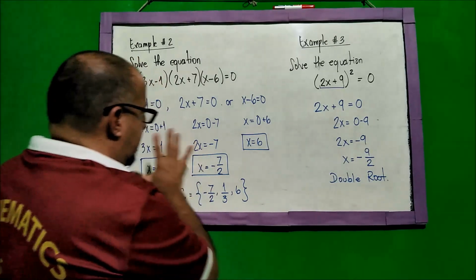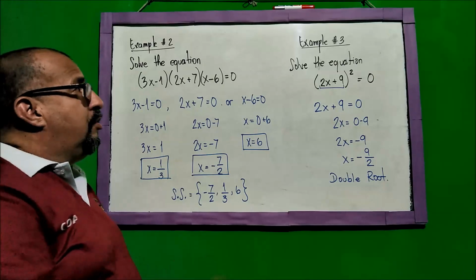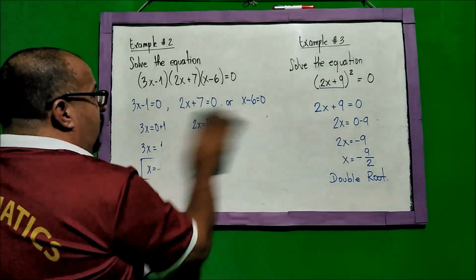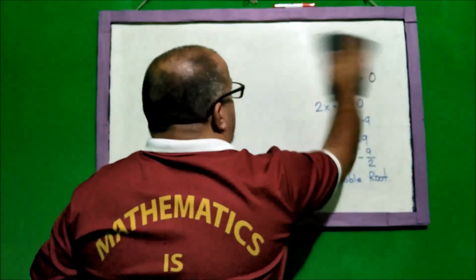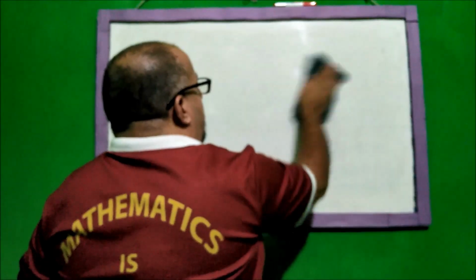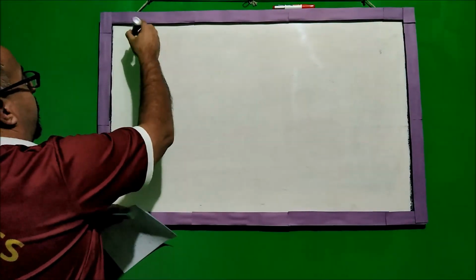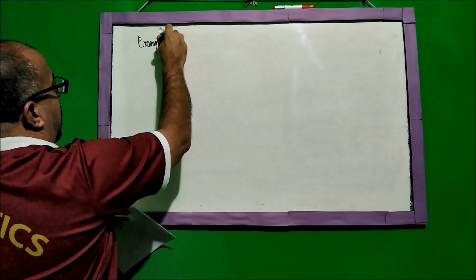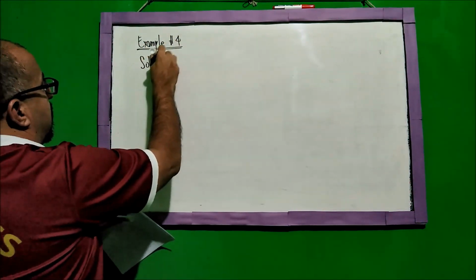Basically here we have the different types of exercises that we can have in this one, and we're going to do one more to finish up today's session. The last one includes the possibility of having many factors. And by many factors we mean different types of roots in their solution. This is the case. Example number 4. Solve the equation